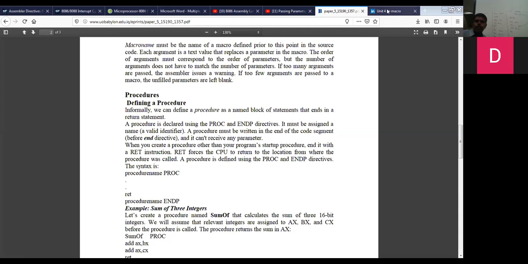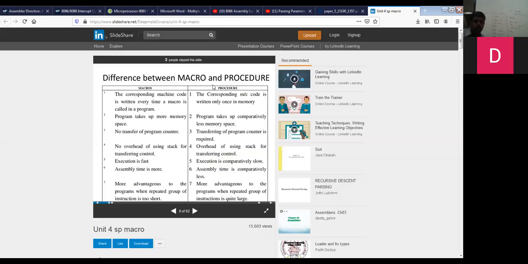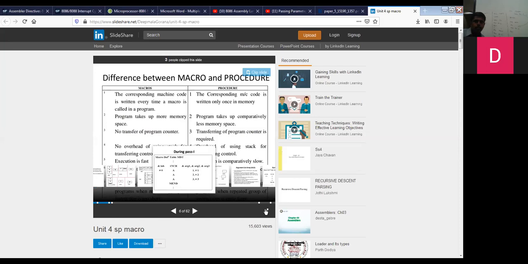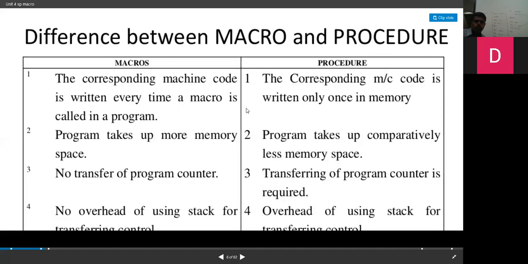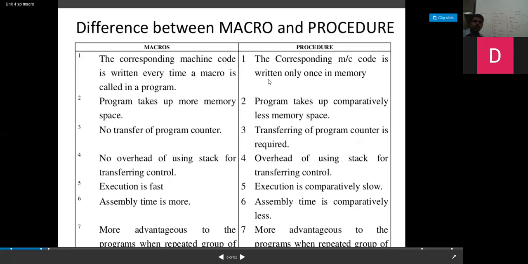Differences between the macro and the procedure.